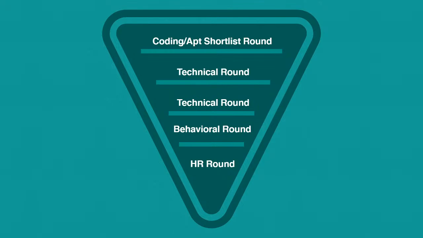But if you have a very high CGPA and a very good score, they are not leaving you alone. So you'll be moving to the next round, which is a technical interview round. This is usually face-to-face, but these days it's more of a video call type of interview. There are a couple of variations in this. One is that some companies will have 3 or 4 technical rounds, and then there will be one HR round. Other companies will have 2 technical rounds, one behavioral round, and then an HR round.